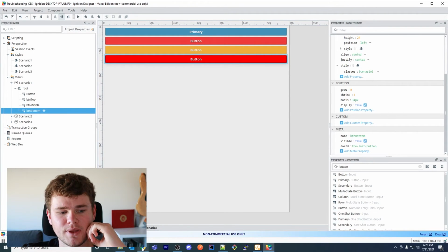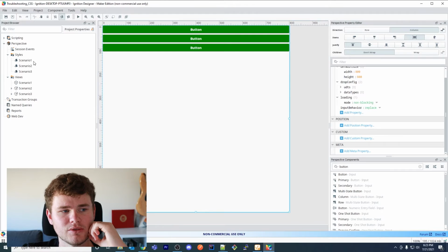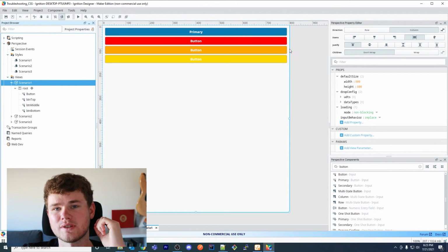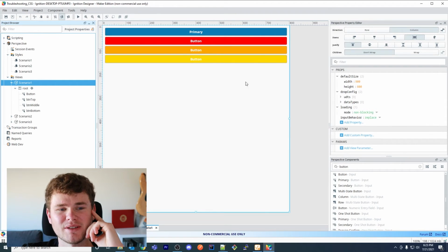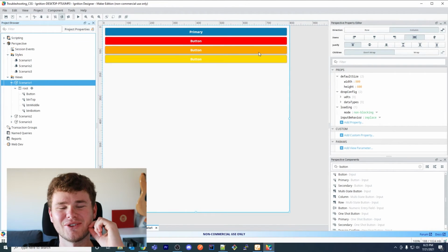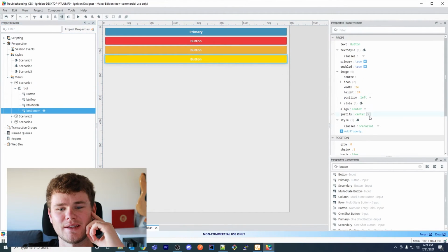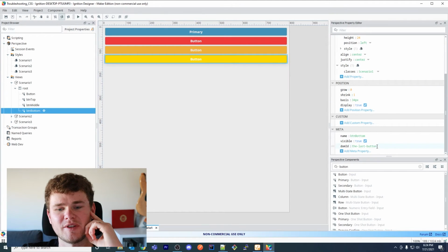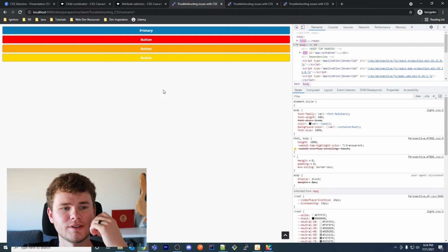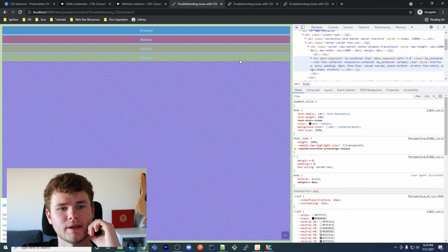I don't really know what to do in this case. I save. Let me close scenario 1 and try reopening it. I don't know what to do to force the designer to read my custom style, but here it is. You can see this actually looks quite nice, a gradient of colors. This last button has a DOM ID of the last button, and if we look at it in the client, let me refresh this. If we look at it in the client,